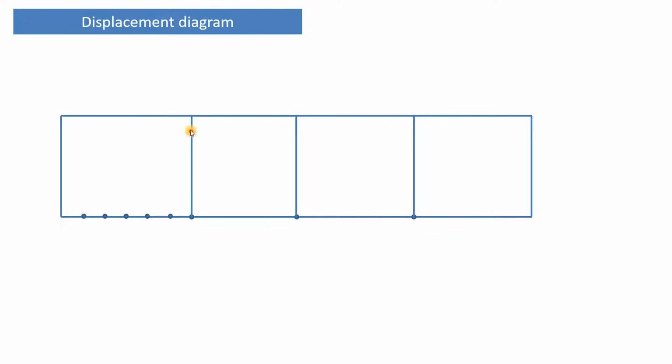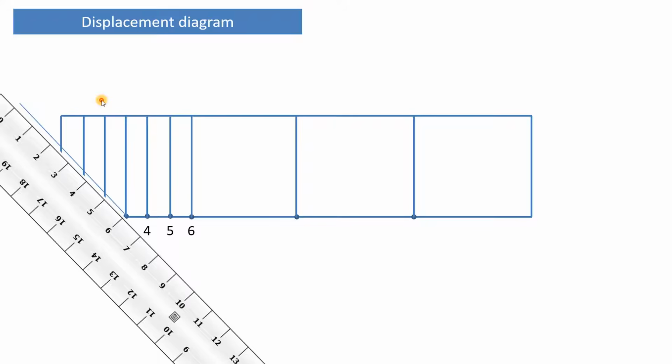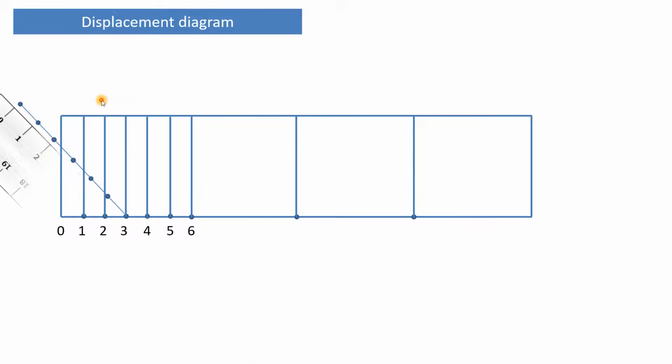Again this 4 centimeter also we have to divide it into 6 equal parts. So this is 0, 1, 2, 3, 4, 5, 6. Now select this third line. Again draw a line segment of any length and divide it into 6 equal parts like this. Join the other end with this particular end as shown by this line, red line, correct? And now draw a line parallel to this red line